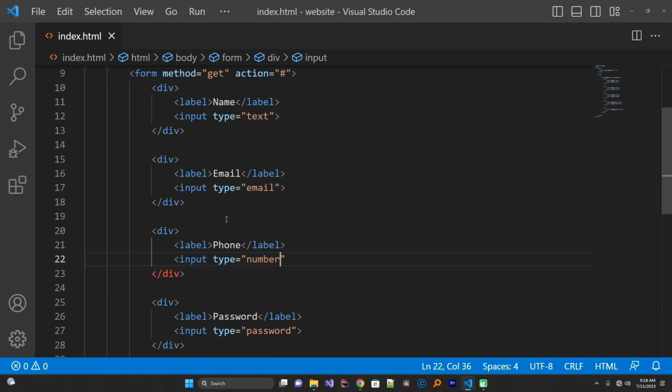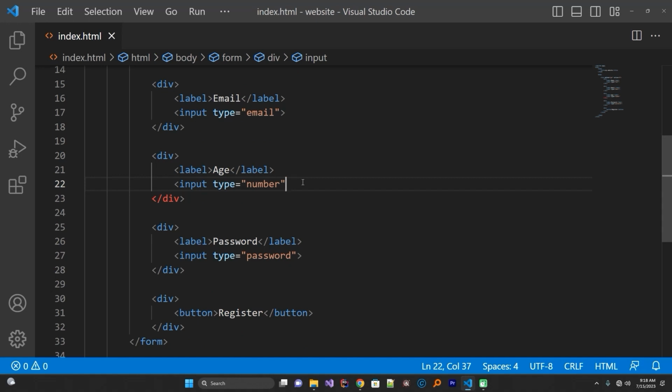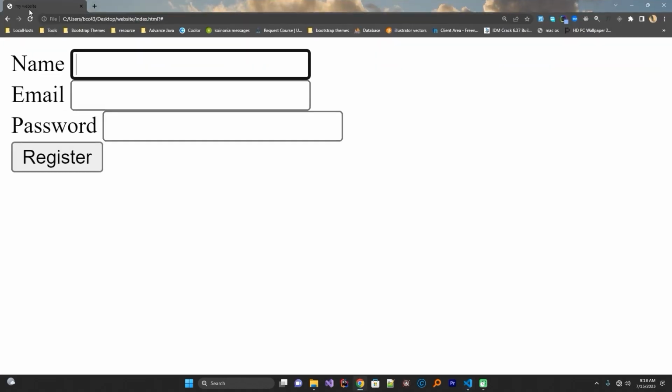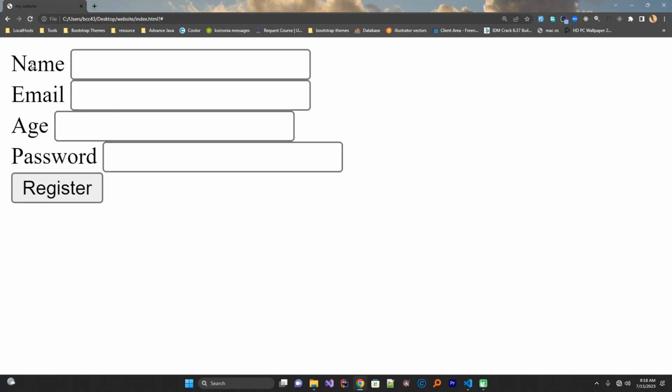Number. You know what, let's not make it phone, let's make it age. Okay, age. Why are we not making it phone? For so many reasons. Let's make it age. And then we close it like this. And then we come back to the browser. We refresh. Very good. We have the name, we have the email, we have the age, and we have the